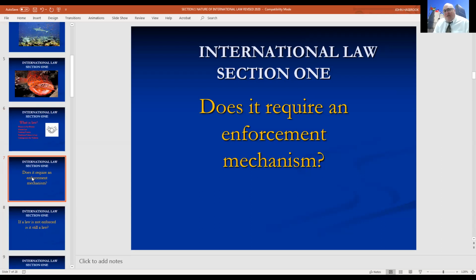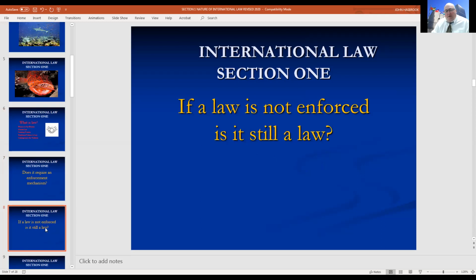And that's one of the dilemmas of international law versus domestic law, is we don't have those same kind of enforcement mechanisms structurally, or even in the real world, like you have in domestic. And there's some reasons for that. One of them has to do with sovereignty, which we'll get to in a minute. Another topic: if you do have a law but it's not enforced, is it still a law? Like a speed limit, 55 miles per hour. Now that's obviously still enforced, but really if you go out on the interstate, right on I-5, in a 55-mile-an-hour